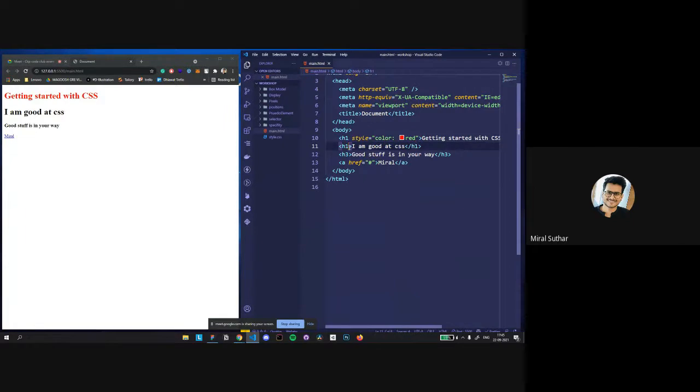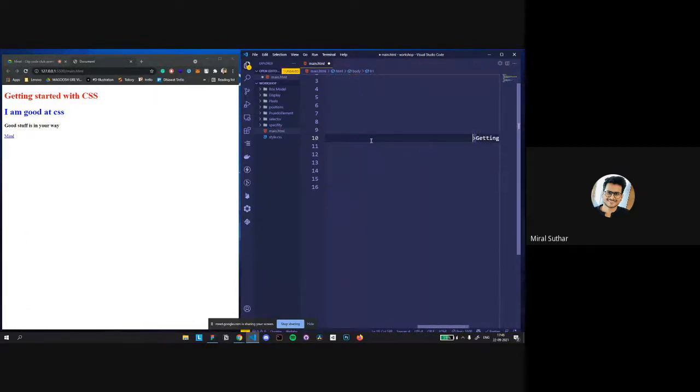We can add the H1 over here and add the color blue, save it, and we got the color. But I won't say this is a best practice for styling HTML elements, because if the style gets bigger and the code gets longer, we don't want that to mess up the code.